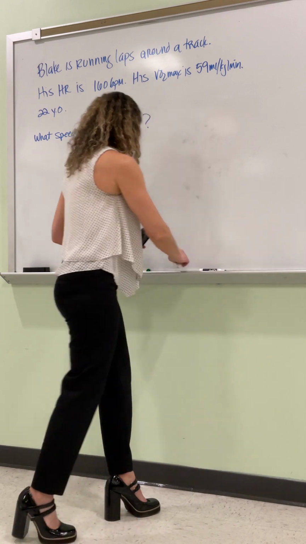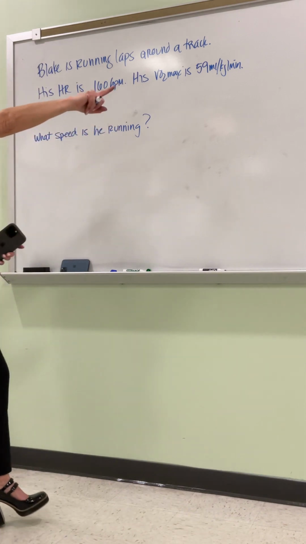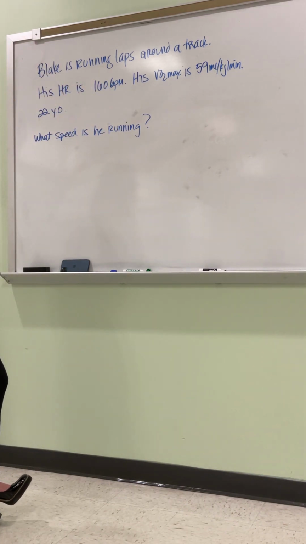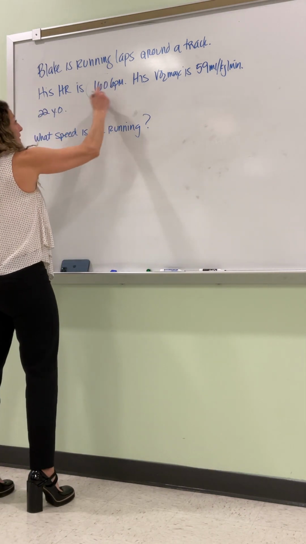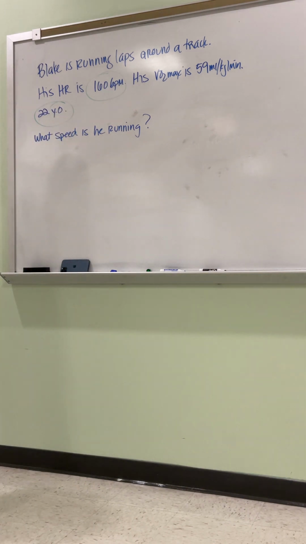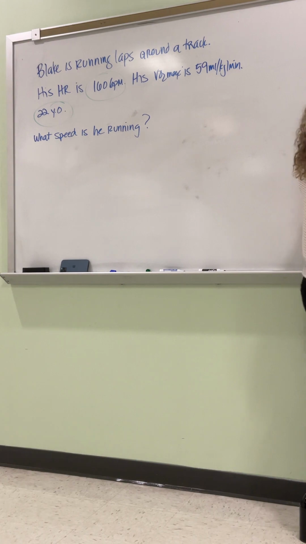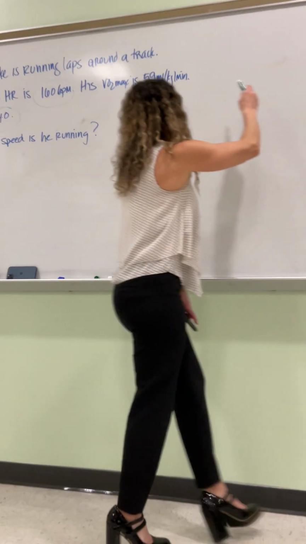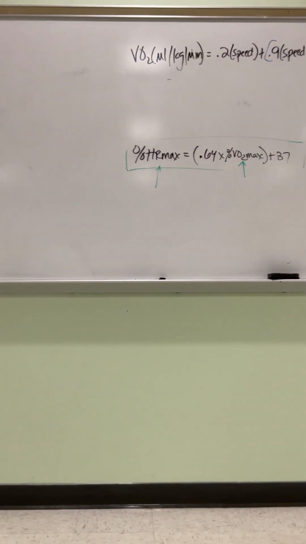All right, where should we start? We can't start with the running formula because we don't have anything to plug in there. If you plug in the VO2 max there, that's not gonna help you. All that's gonna tell you is what speed he would be at for his VO2 max. That's not helpful. So what do we do? If we have a submax heart rate and we have his age, we can figure out what percent of his heart rate max he's at. That gives us something to plug in here. Then we can figure out what percent of his VO2 max is. We can take that percent of that and plug it in there to find the speed, okay? So,